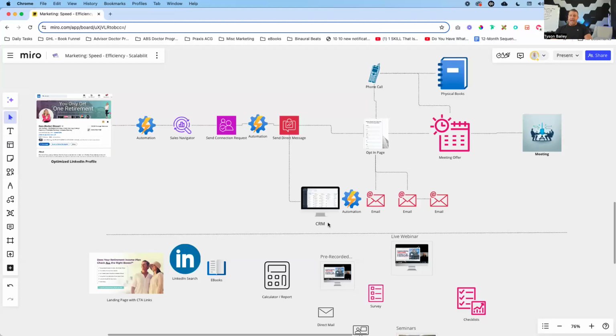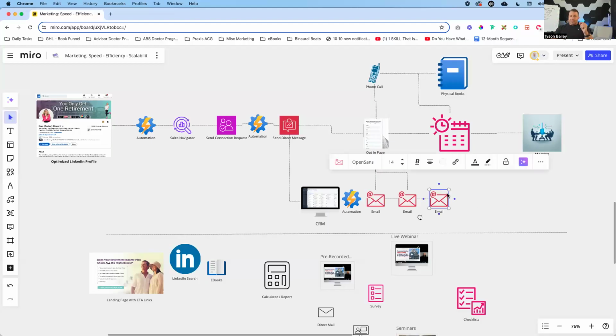So one of the things that we added inside of this initial sequence is, instead of just hammering that book offer to death, if somebody's gotten a couple of LinkedIn messages, they've gotten a couple of emails and they haven't taken advantage of that book offer, hey, that book offer may just not be right for them, okay? But it doesn't mean that we need to stop the nurturing or stop the education. We can just start switching gears, okay?